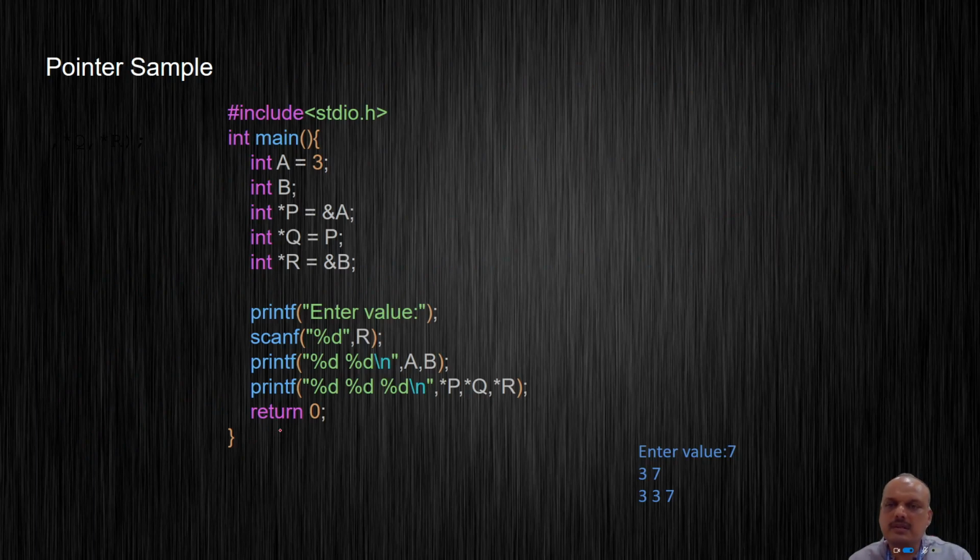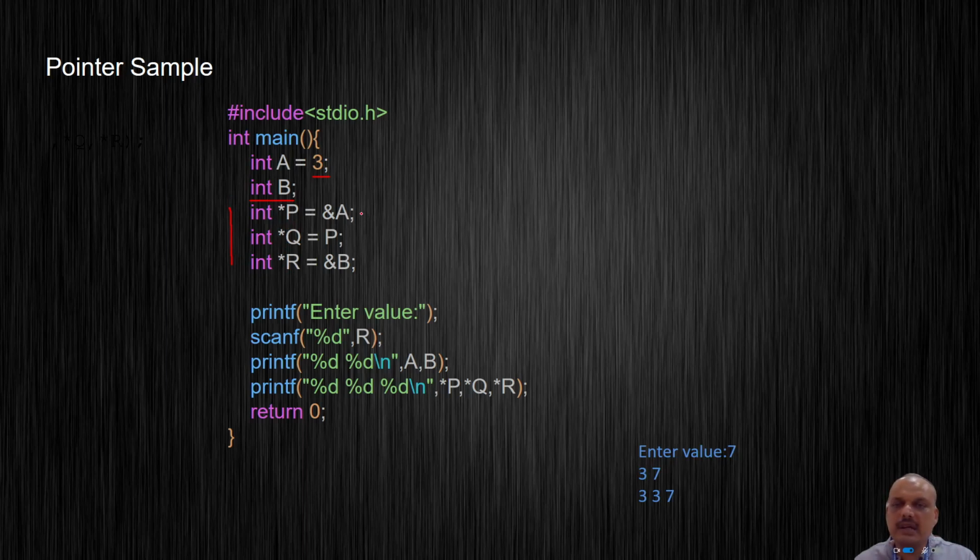Let's go through this small code snippet in order to get more clarification on the use of pointers. Going through this code, initially I have the standard stdio.h header file in order to make use of printf and scanf. Then I have two variables. One has been declared and initialized, the other one is just declared. I have a variable a which has been initialized to 3, and then I have a variable b which is just declared. Then I have three integer pointers, int star p, star q and star r.